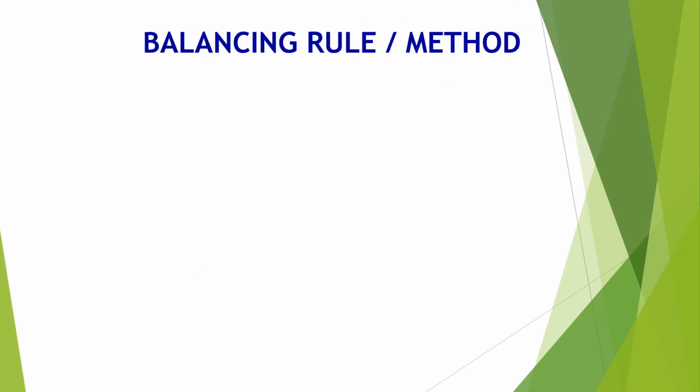Let's see what we mean by the balancing rule or balancing method. We have seen it in the previous videos also. I'll share the link in the description. Let's see what it is. For example, 32 and 54 we are getting, the first part of our answer and the second part. So what we do, the first thing, 4 as it is we will write. 5 plus 2 is 7 and 3 as it is. So 374 will be our answer.